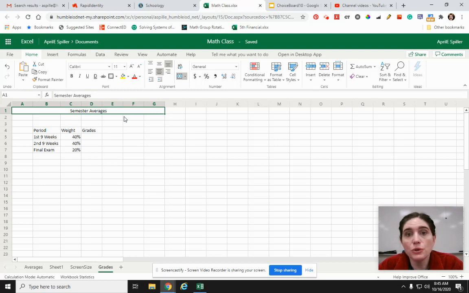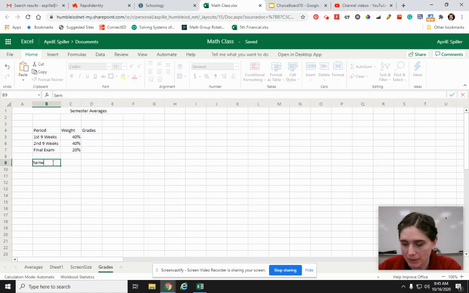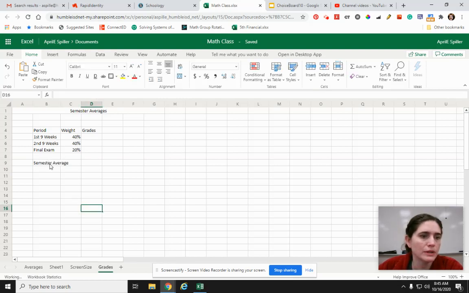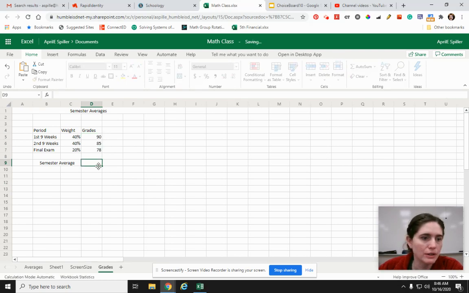You're going to do things two ways. The first one is you're going to calculate your semester average if you know all of the grades, like you know your first 9 weeks grade, your second 9 weeks average, and what you got on the final. Then you calculate the semester average. So if I got a 90 here, an 85 here, and a 78 on my final, then